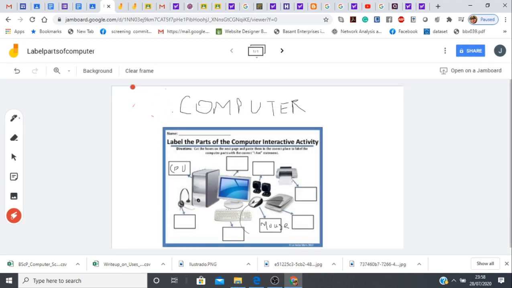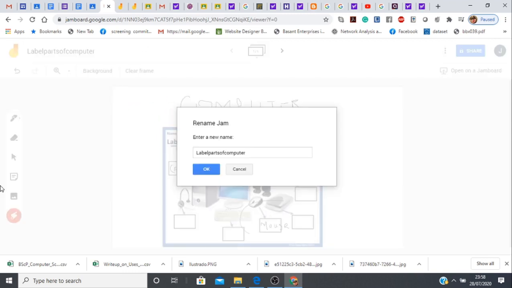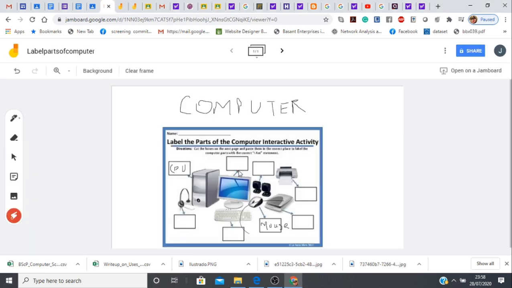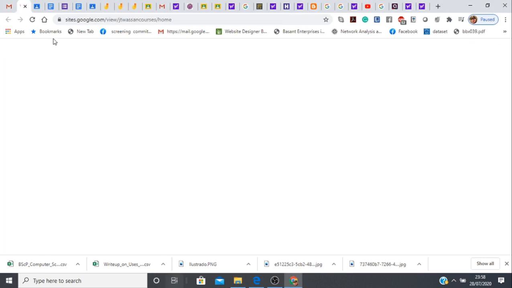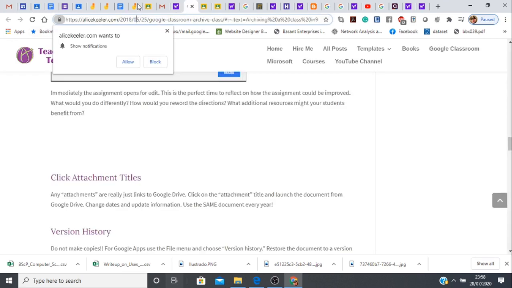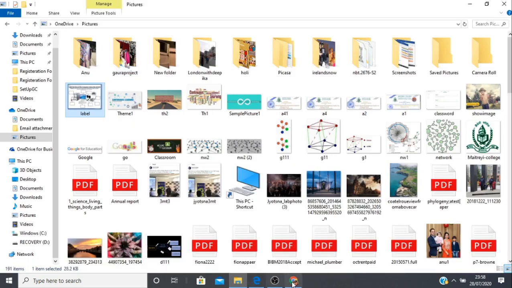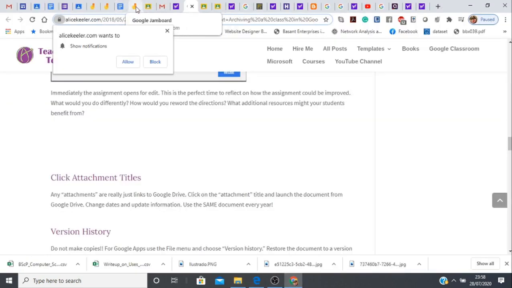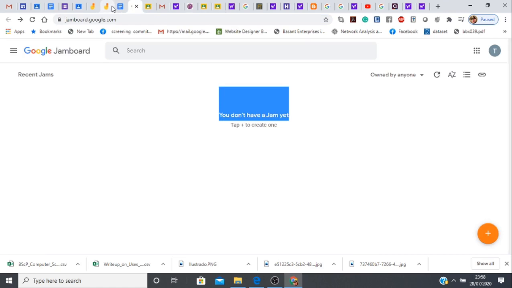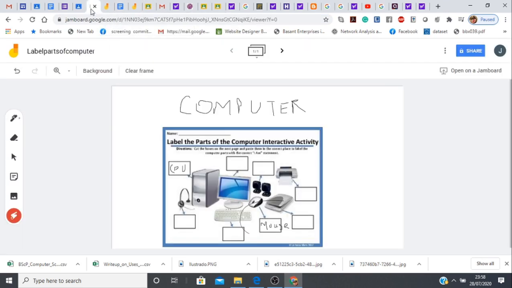So now this Jamboard has been saved with the name of label parts of computer.